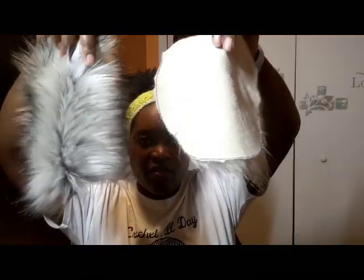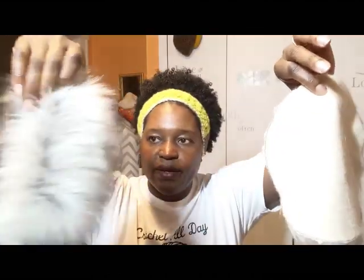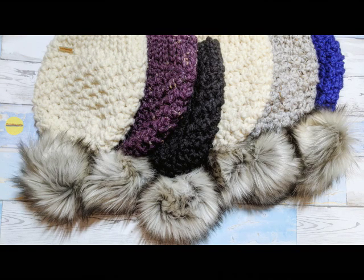But this one is so much thinner and lighter, and even though they're the same size cut, this makes a pom-pom that's almost half bigger than this one. Anywho, that's that. But while I was in there getting my faux fur to make more pom-poms, I saw they had the Gopher, and I think